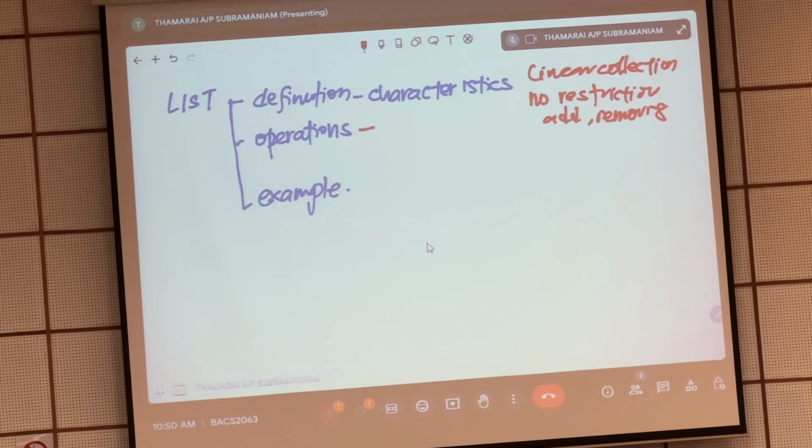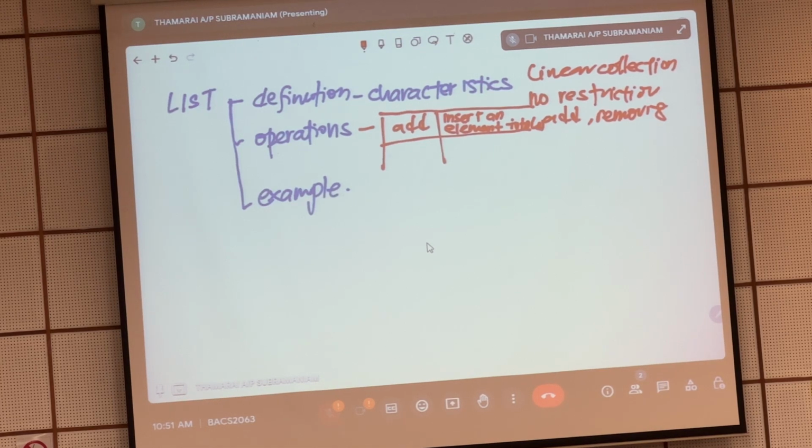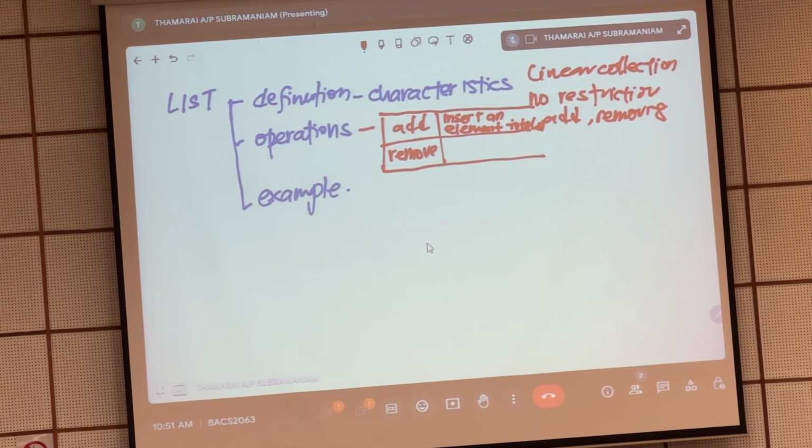Okay, so what are the basic operations? You have add. What is add? Add is to insert an element. What is an add? No need to draw a table as long as you can explain. Insert an element into the list. Correct enough? Then we have remove. As I say, at least make sure you understand 2 basic operations, because here you'll have 1 mark, here you'll have 1 mark, here you'll have 1 mark. Okay, now example,